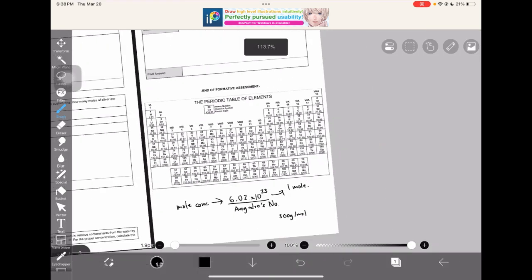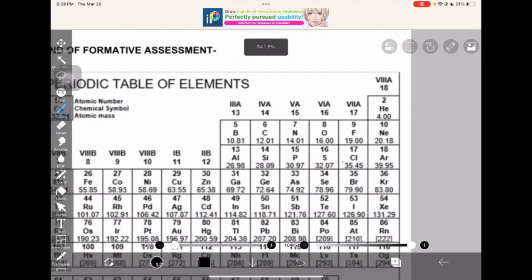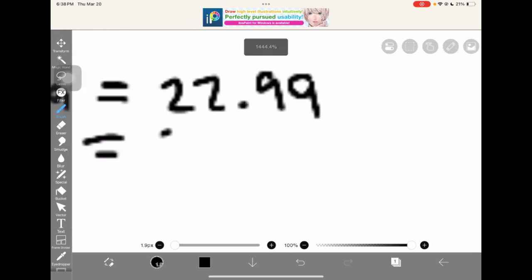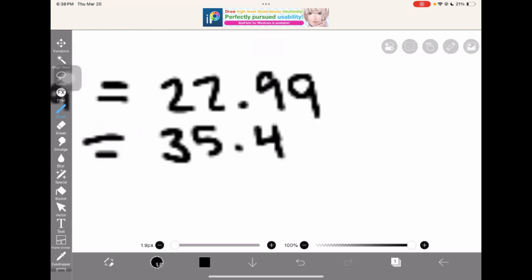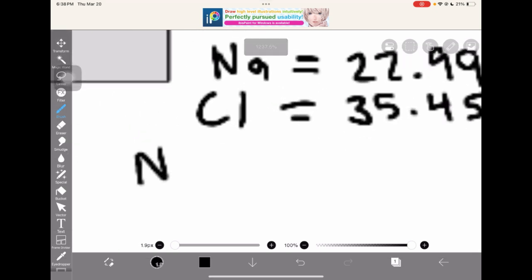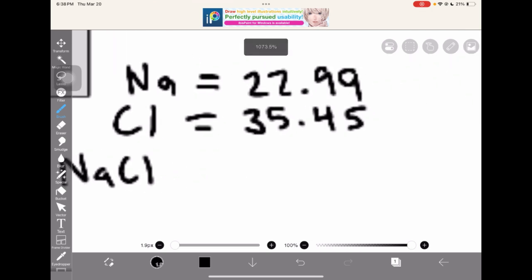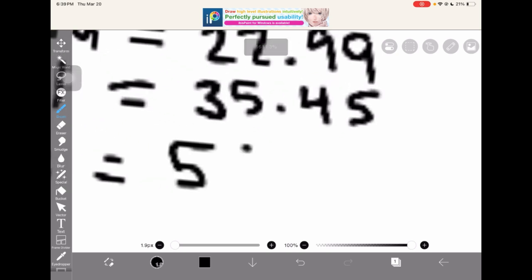Meanwhile, Cl is over here, that's 35.45. Therefore, we add these two together to get NaCl. So just add them together, 22.99 plus 35.45, that's equal to 58.44